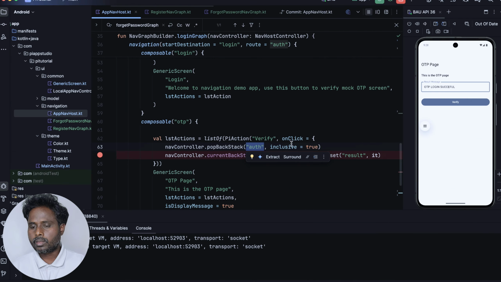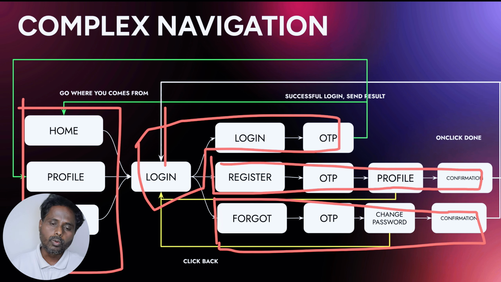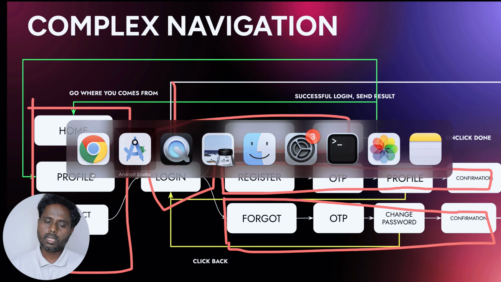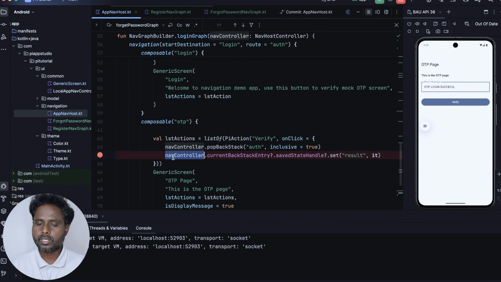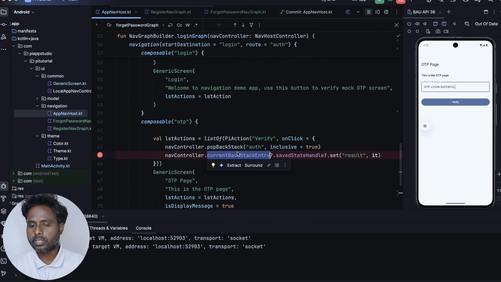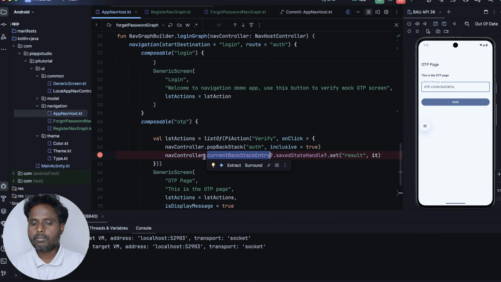That auth ID I'm giving, I'm saying inclusive is equal to true, which means it goes up to this particular graph root and removes that root out of the backstack. The moment I remove things out of the backstack, the previous one will come, whatever page is getting invoked for. So here I'm just saying navigation controller current backstack entry. After executing this statement, the graph will go to this particular previous page where you will get